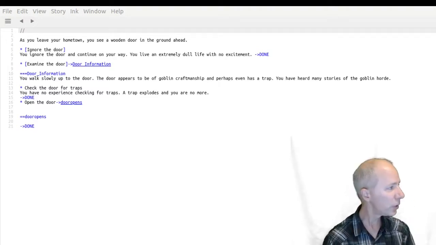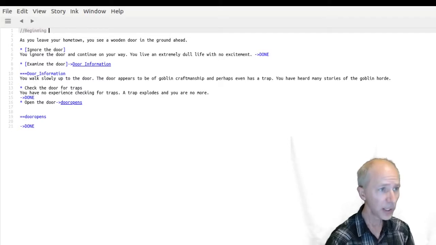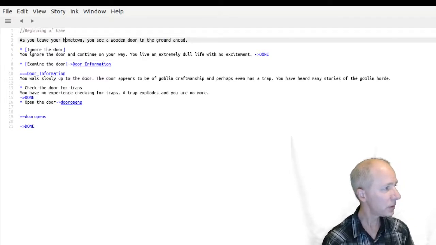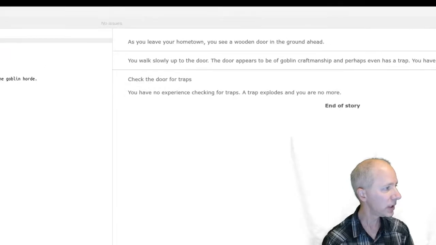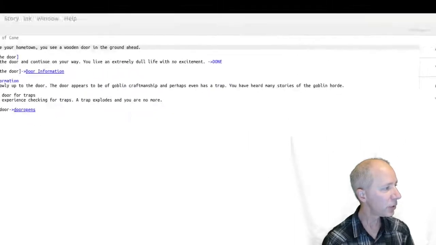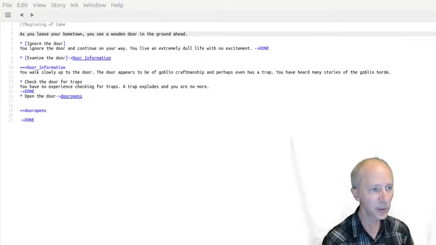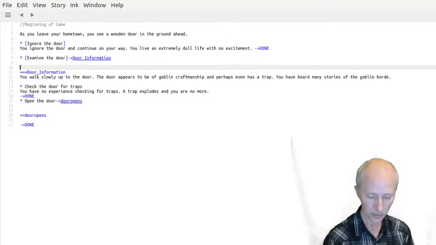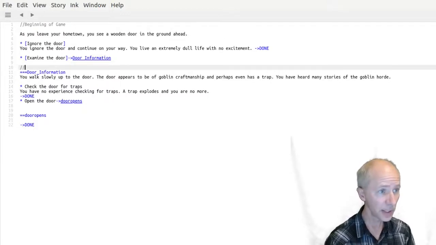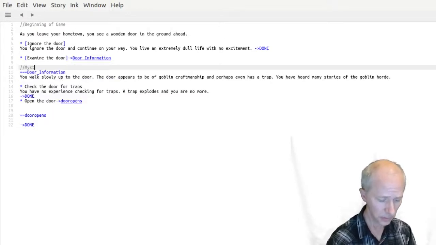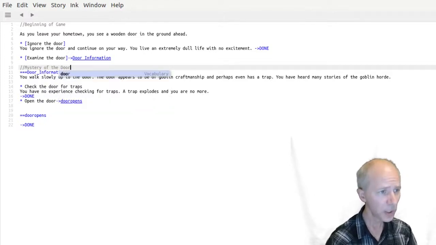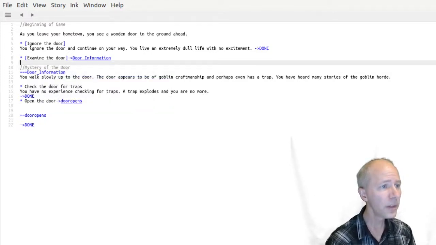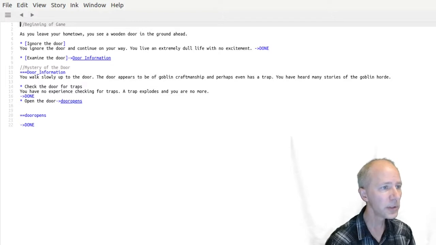So if I go // I can say "beginning of game," and that does not translate into the game at all. So you can see it's not in my text. So this is basically creating a label. So then for the scene I can say "mystery of the door." What I find handy with labels too is not just saying this is the beginning of my game, but